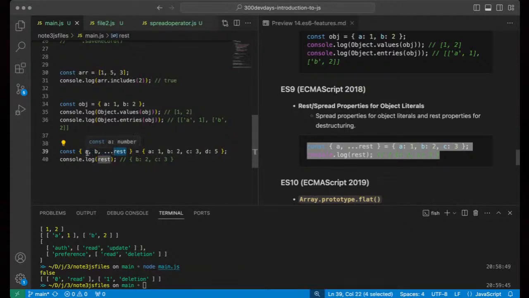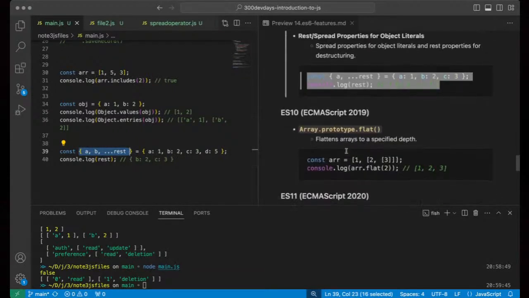If I say give me A, it's going to give me 1. If I say give me B, it's going to give me 2. And if I say give me rest, which means the rest of the items, it's going to give me 3 and 5, which is of course C and D, because we did not intentionally define that within this destructuring parameter. I hope that makes sense.